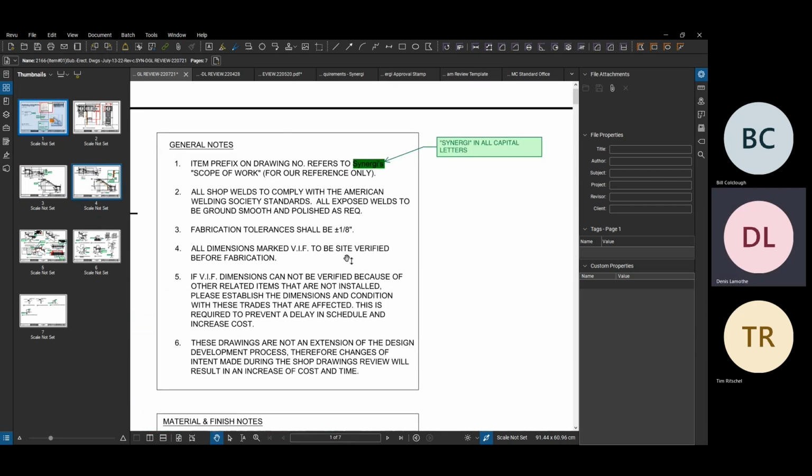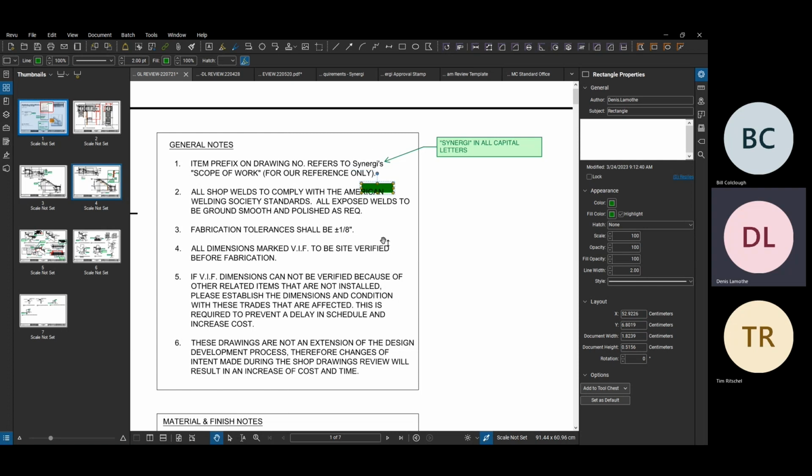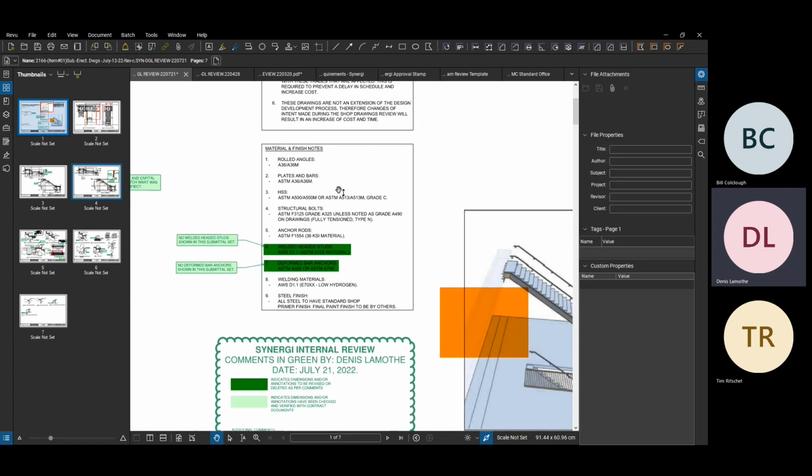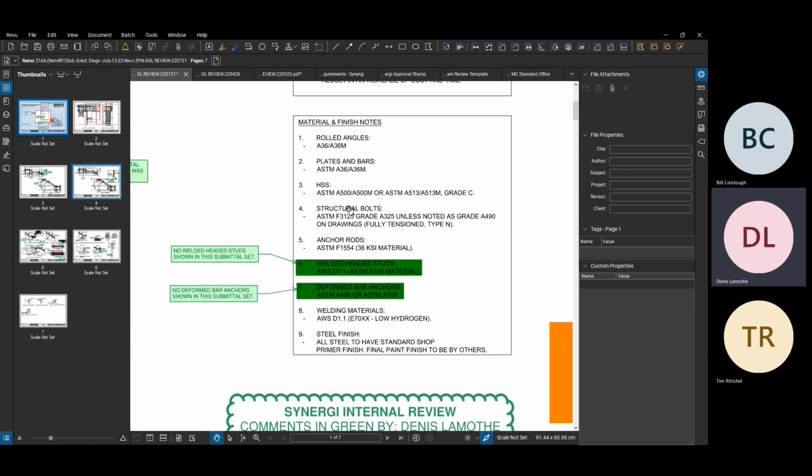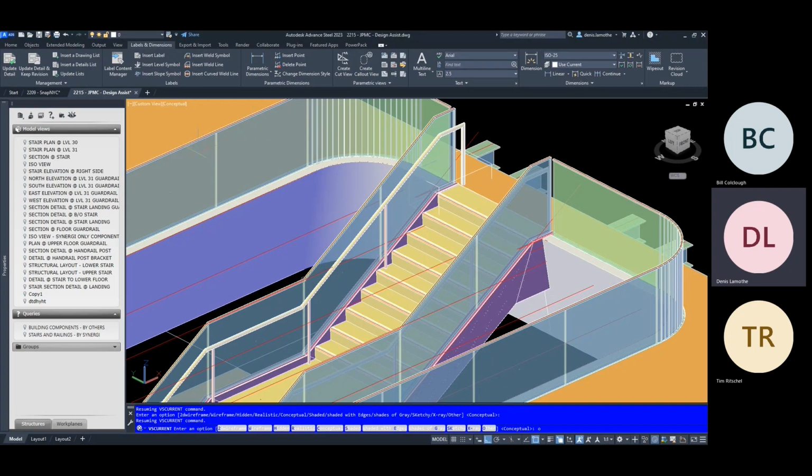If there's anything that needs to be fixed, in this case it was kind of a minor thing, but I was nitpicking here. Synergy should be all capital letters. But ensure that the material finishes, the types of material we want to use, the type of steel, the type of stainless or aluminum, the alloy used, and any other special information are listed. If we're having glass in our railings, for example, the glass should be properly identified and broken out into its key components, especially if it's laminated